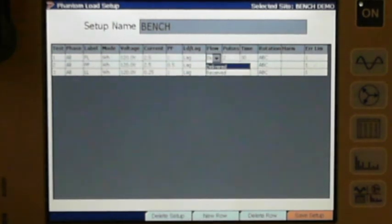So I can do delivered or received. Now if I'm out there at a solar farm I'm testing, I'm going to put it on received, right? And if it's a bidirectional meter, then it should come out correct where you'll have positive registration. Remember, we had an issue earlier in the series where we didn't have a bidirectional meter, so it couldn't pick it up. In this case, where you have both, where this meter can measure both watts and VARs,